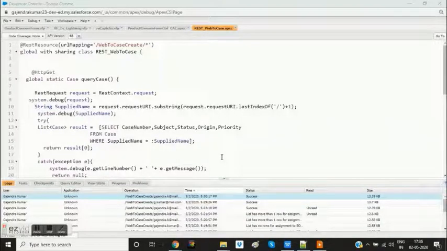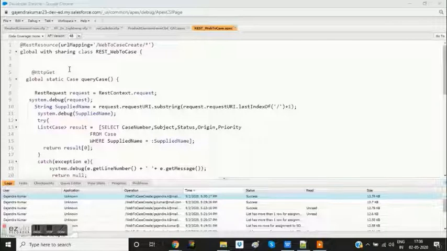If you want to expose an Apex class as a REST service or REST resource, then before writing the class we need to write this annotation, which is @RestResource, and within the brackets we write urlMapping equals, within single quotes, the name of the service, how we want the external system to refer to our web service.